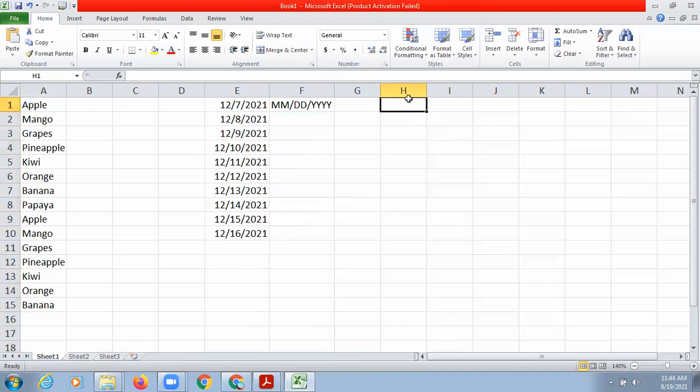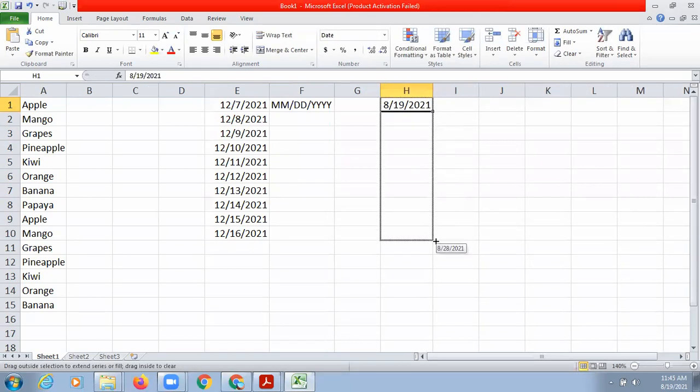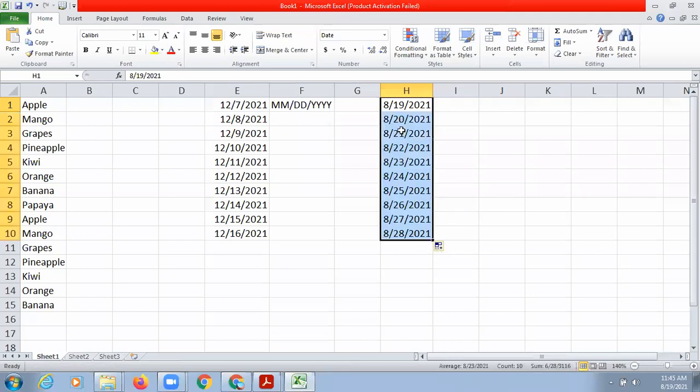तो अभी जो हमारा मंथ चल रहा है that is 8th month and today is 19th date and this is 2021. Now if I'll drag this date, the next dates will come. 21, 22, 23, 24, 25, 26 and 8 जो था वो हमारा मंथ था. तो दिस इज अ फॉर्मेट विच यू हैव टू रिमेम्बर कि कंप्यूटर में हमेशा मंथ पहले आता है, फिर डेट आती है.